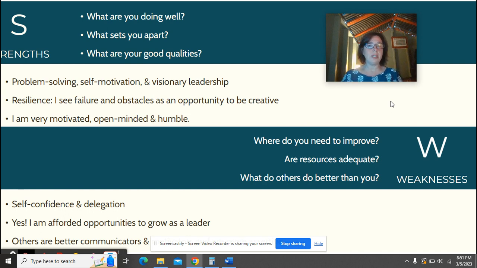Delegating is also something that's very difficult for me, mostly because I just see how overwhelming it can be to be a high school teacher and an educator, and I understand the sheer number of things and the magnitude of the things that are going on campus, and so it's hard for me to try to put one more thing on someone else's plate. So to learn how to delegate and to do so very thoughtfully is something that I would like to work on as a leader.